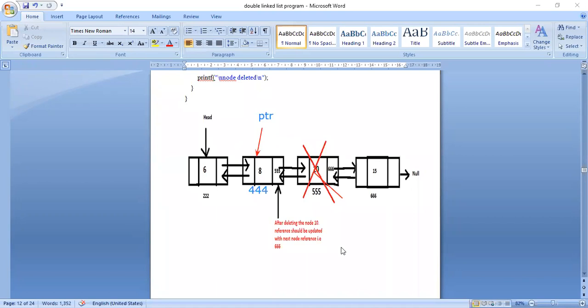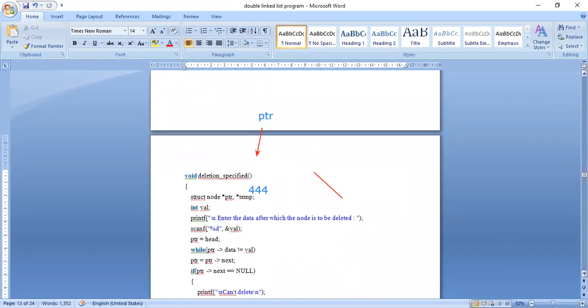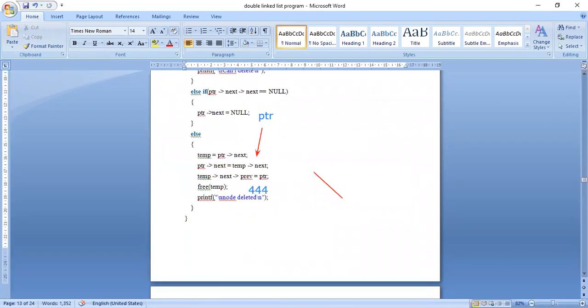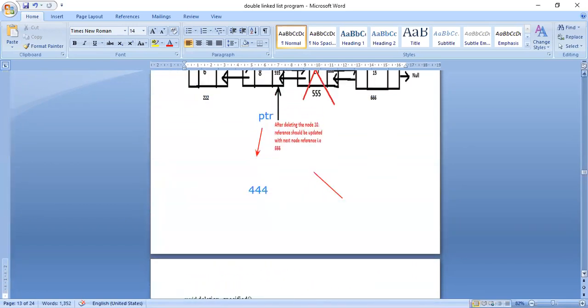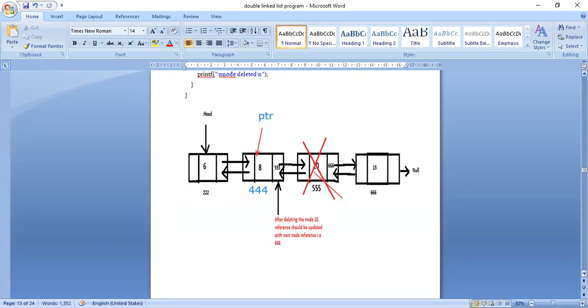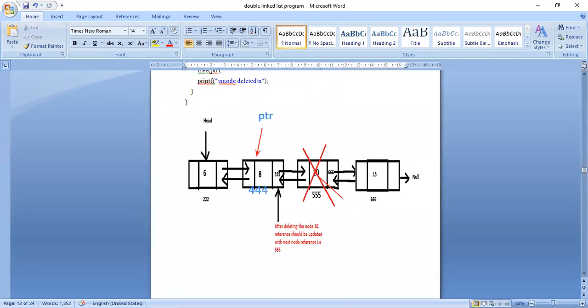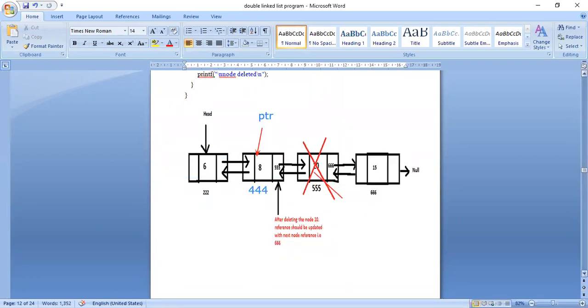For example, ptr stopped here at value 8. I have given the value as 8, so I will stop here, starting from the head.